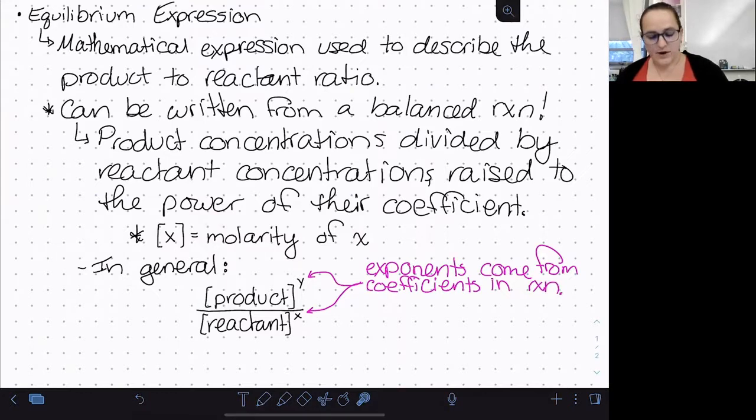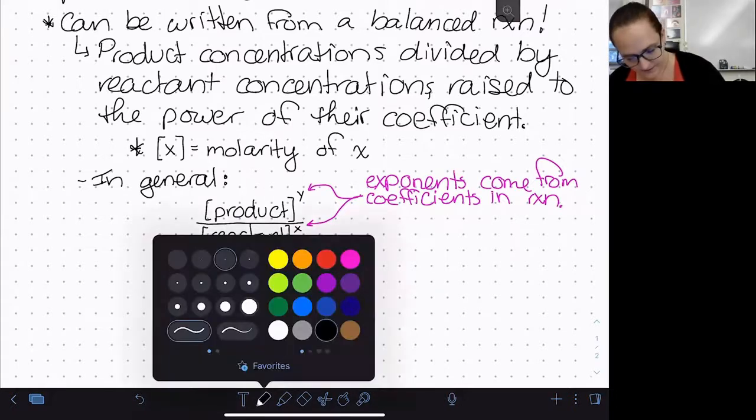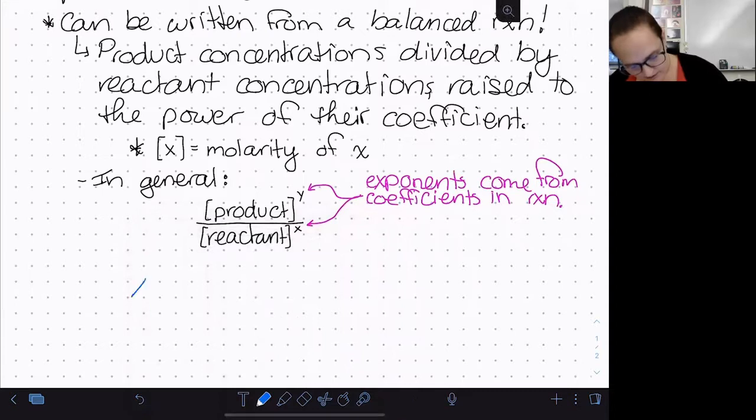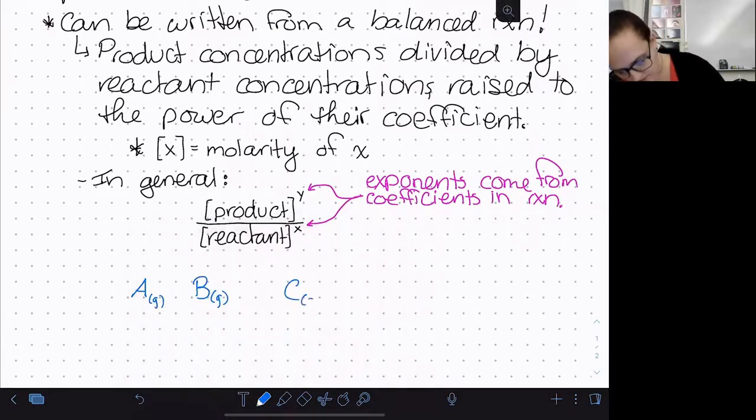So again, the square brackets mean concentration. So we've got concentration of products raised to the power of their coefficient divided by concentration of reactants raised to the power of their coefficient. So for a sort of generic reaction here, to be a little bit more specific, if we have A and B reacting to form C and D,